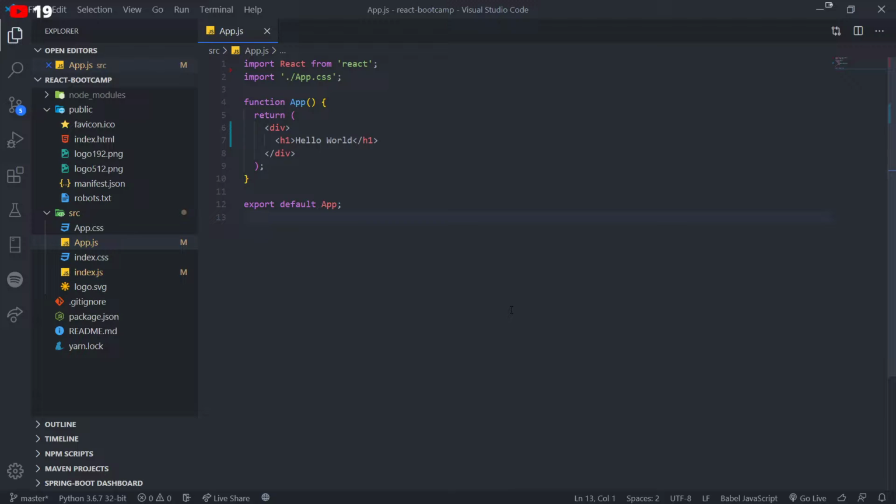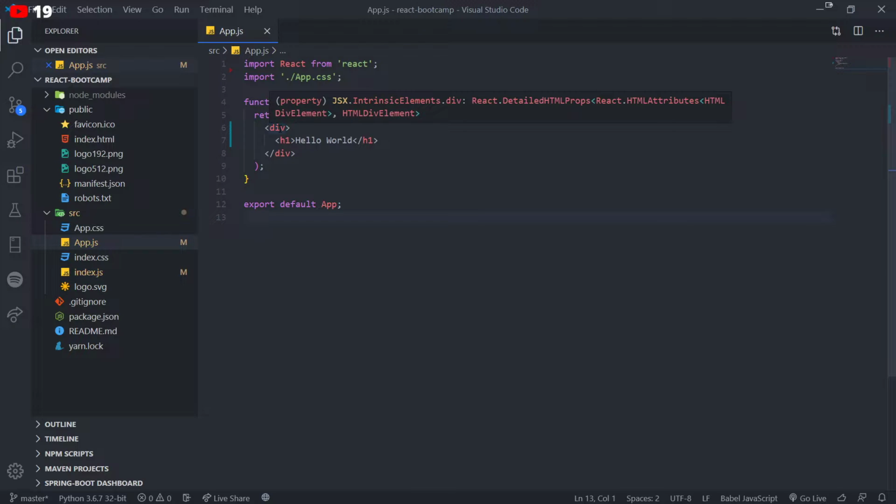Now, one thing that I should also mention is that this seems pretty weird for a lot of you because we're inside a JavaScript file, but we have HTML inside JavaScript. Usually it's the other way around. Usually you have JavaScript inside HTML. You have your HTML file, and then you create a script tag, and then you have your custom